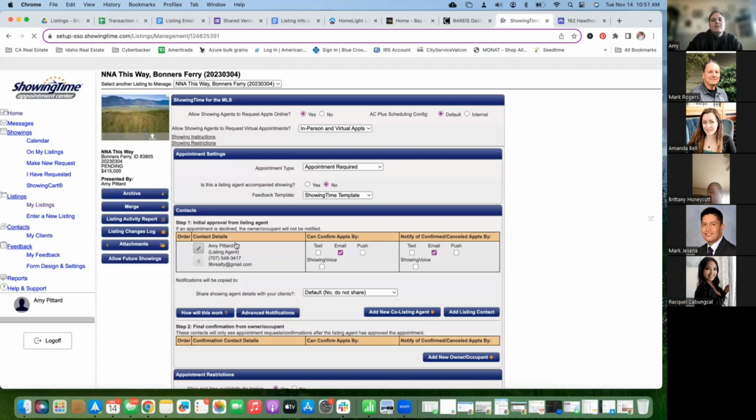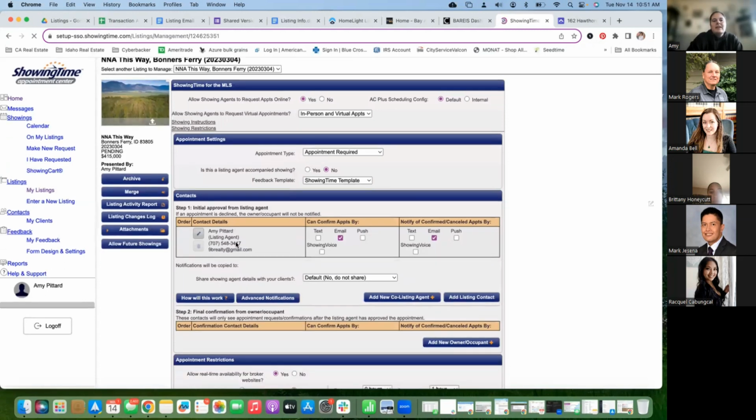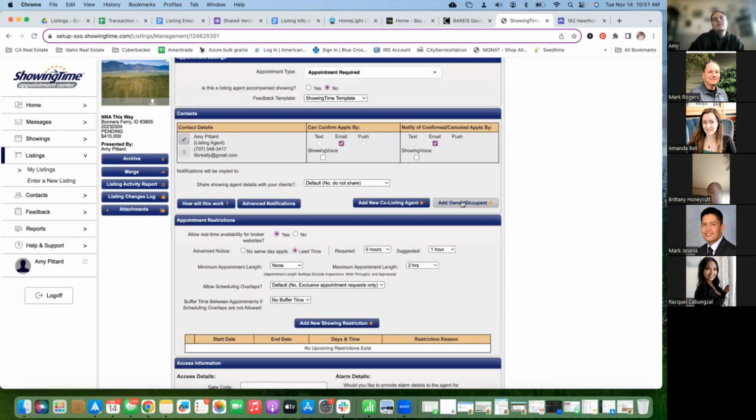All right. So right here in contacts, you can add owner occupant, right? You want to add them with their email and their phone number so that when they create their own account, it links them to their property. Super important there so that they can see it. Because what this is going to allow them to do is they actually get an app on their phone. And this app allows them to see what showings are scheduled. So not only can they approve and deny,